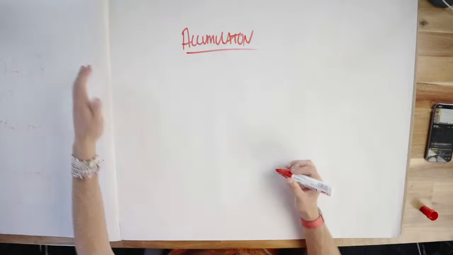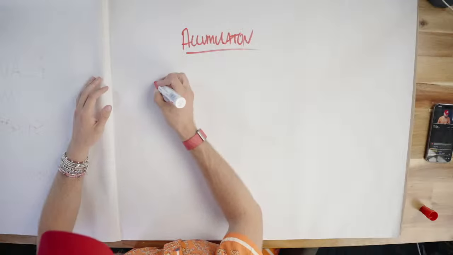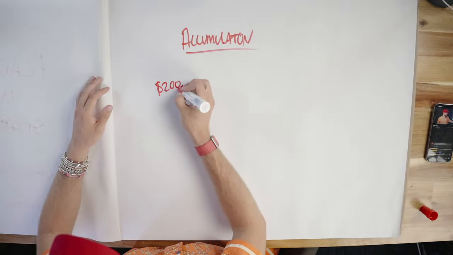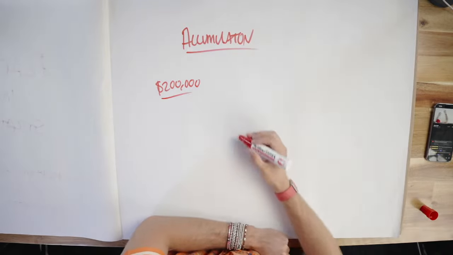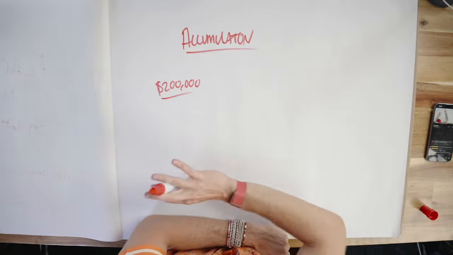Accumulation. Now, essentially, the way accumulation works, let's talk about if someone's starting from zero or about zero. You are a person that has $200,000 of cash, okay? Excluding anything else, this is essentially your net worth. You have $200,000. Now, if we try to generate cash flow of $200,000 and we said we were going to